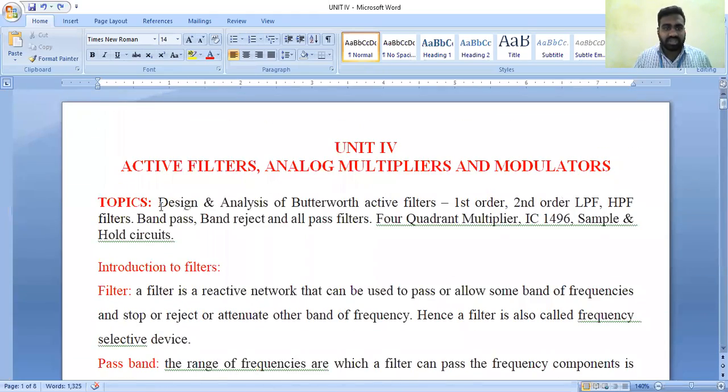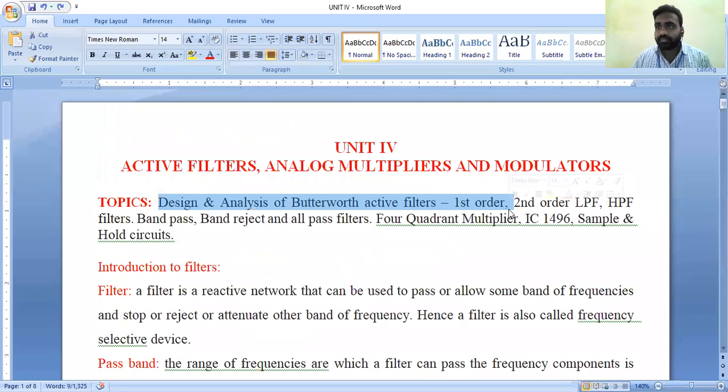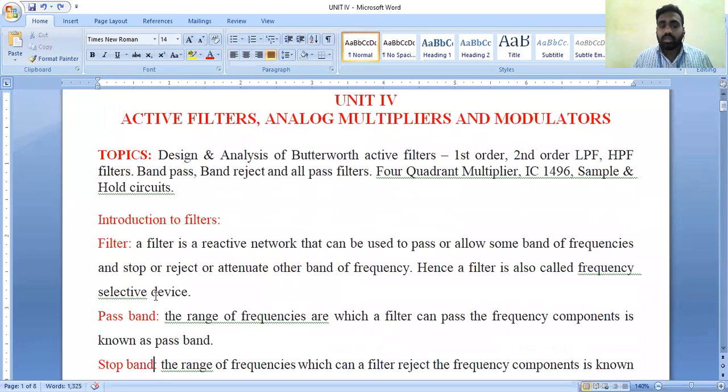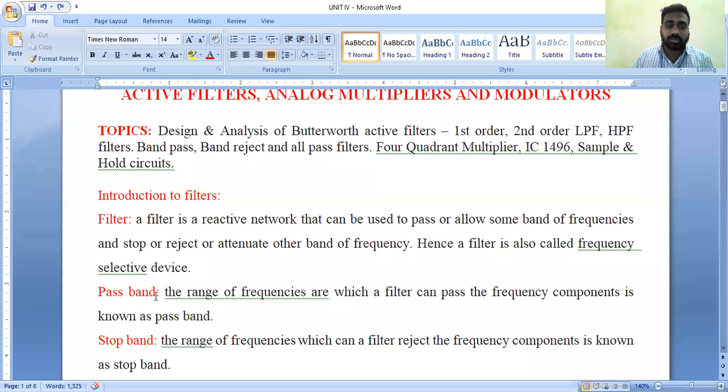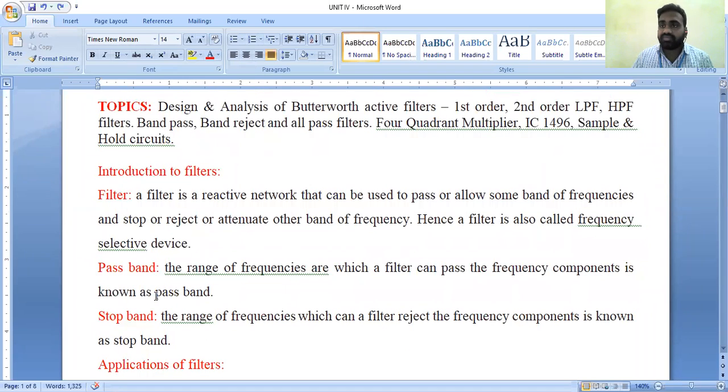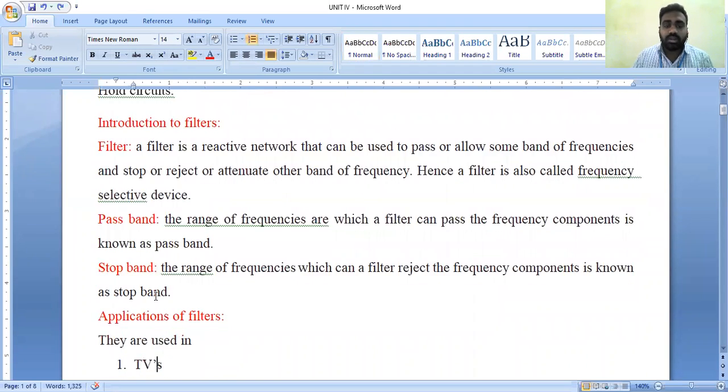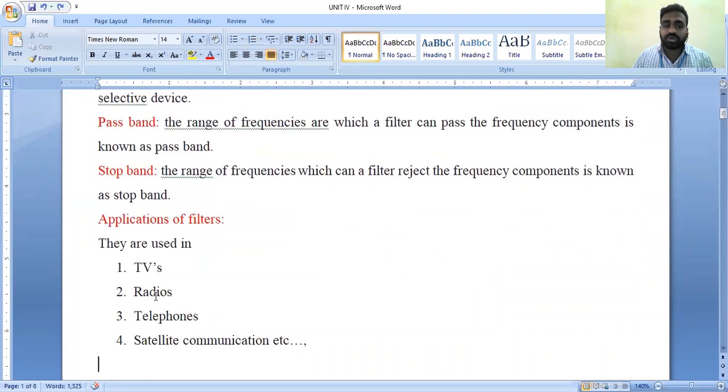We are discussing the design and analysis of Butterworth active filters, and in today's class we analyzed the first order Butterworth filter. We restated the basics, like the definition of a filter. A filter is a reactive circuit which passes a specific band of frequencies, and it can also reject or stop other bands of frequencies; a filter is nothing but a frequency selective device. We restated the definition of pass band, where the filter passes the frequency components. We also stated stop band, a range of frequencies where the filter rejects the frequency components,